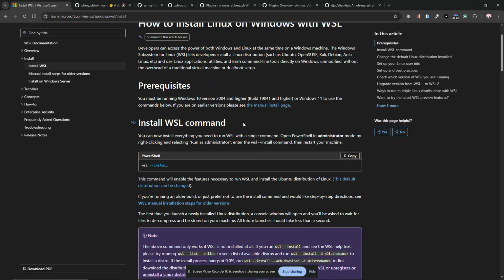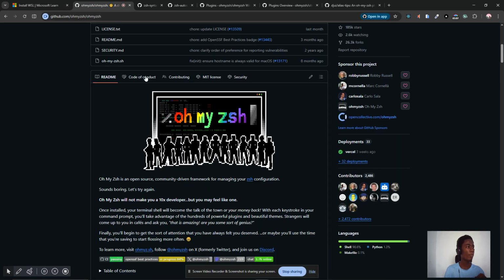Okay. Good. So once you have Linux installed on your Windows machine, the next thing you have to do is install zsh, because the default terminal is bash for Windows users. Okay, so to install zsh, you have to